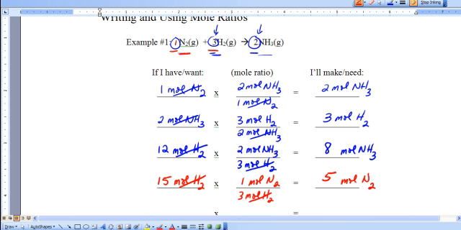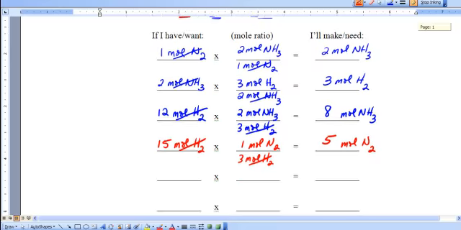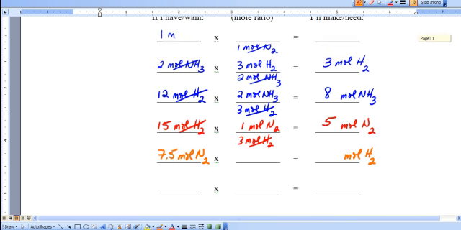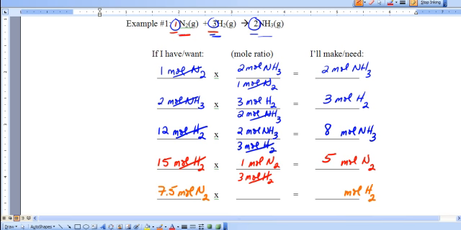So, let's go ahead and try another one. Let's scroll down here. Let's change the colors here. Let's go with an orange this time. Let's just say we have 7.5 moles of nitrogen. How many moles of hydrogen will I need to react with the 7.5 moles of nitrogen? Well, again, the mole ratio in this case is the 3